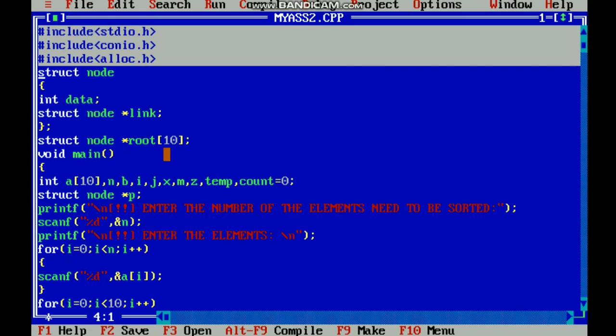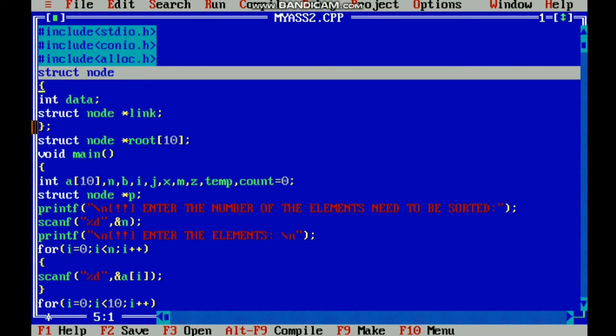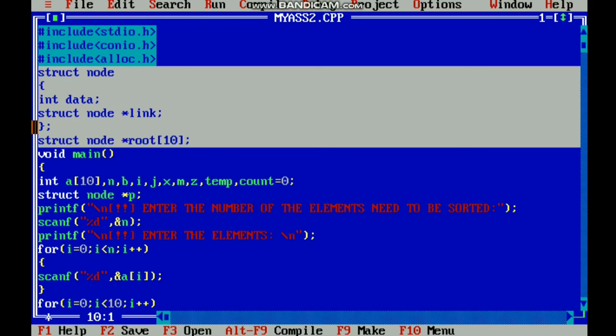Then a struct node, we are going to consider a structure, and here I have created a root array which holds the addresses of the struct nodes.